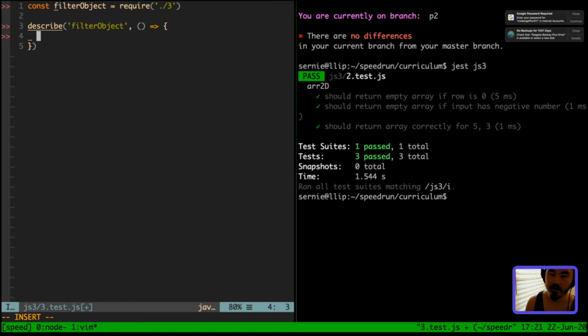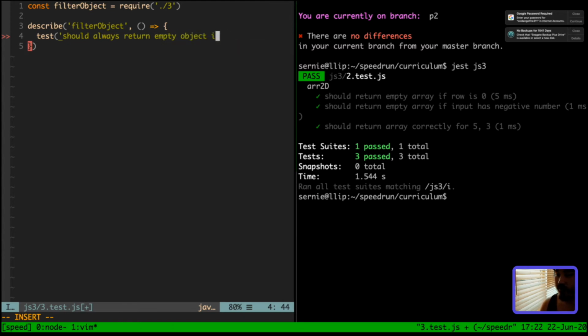Instead of using the provided test, I am writing my own test just because writing tests is so important, and I could use more practice writing tests, which is why I'm writing my own instead of using what they give me. Cool. So my first test case in here should be: should always return empty object